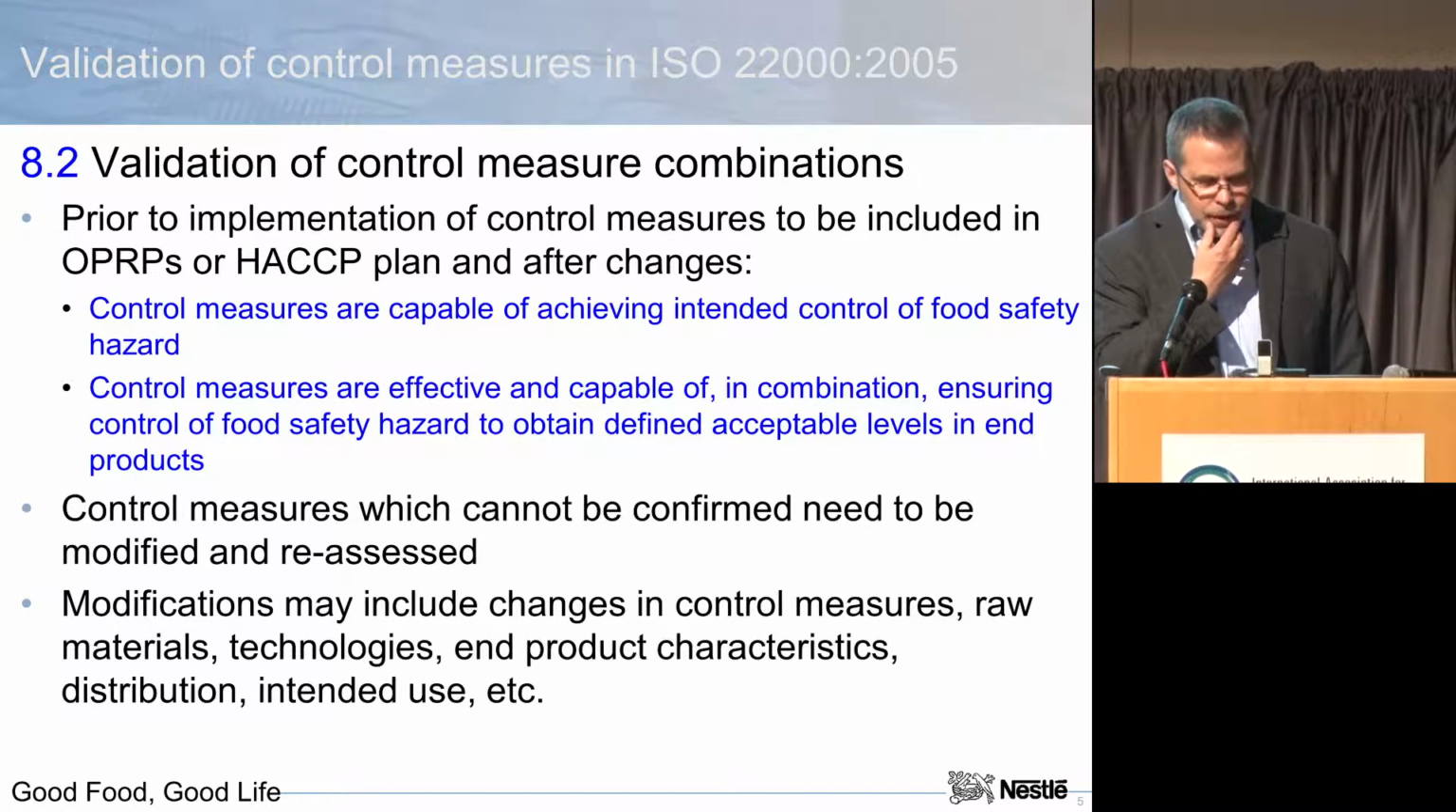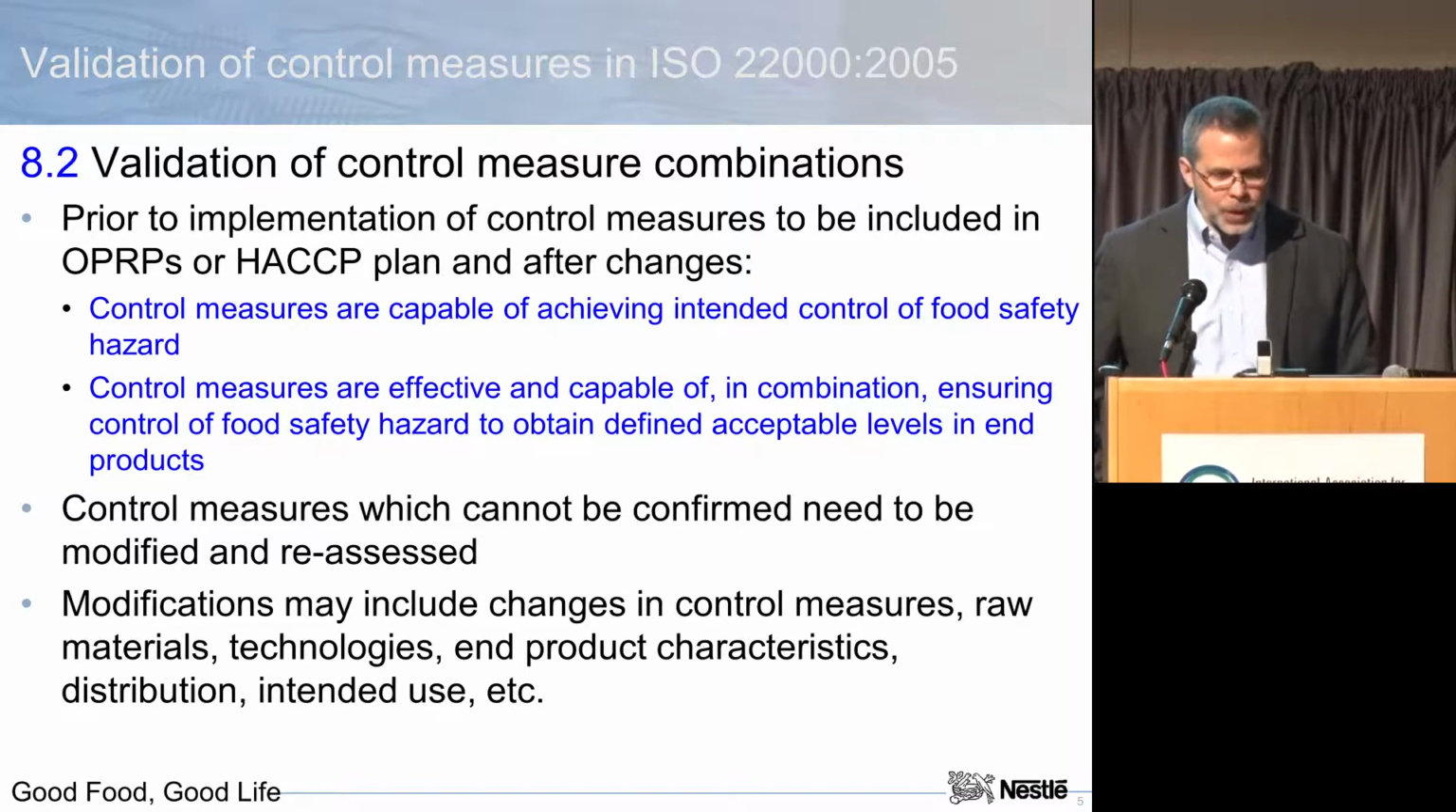This is the section of ISO 22000 that talks about validation. I just wanted to cite this to reiterate what some of our objectives are when we validate control measures. So ISO requires us to validate our control measure combinations prior to implementation of the control measures in our food safety system or inclusion of those into our food safety